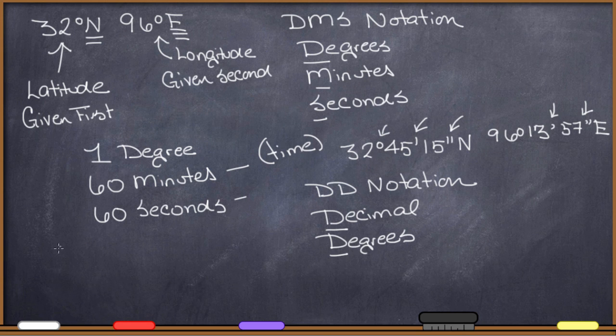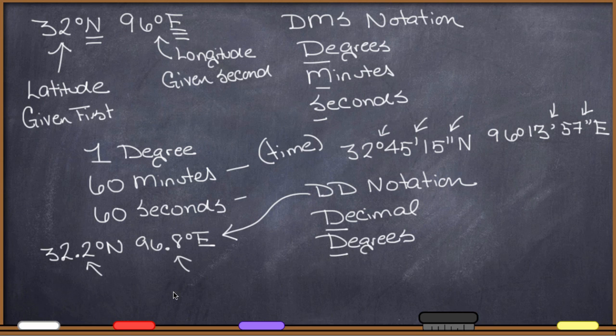So you might think, oh, well, if you see something that looks like this, 32.2 degrees north and 96.8 degrees east. Well, that looks like you would expect a decimal to look. This is in decimal degree notation, DD notation. This just means, just like the decimal system would, that we have another 2/10 of a degree here, and we have 8/10 of a degree right here.